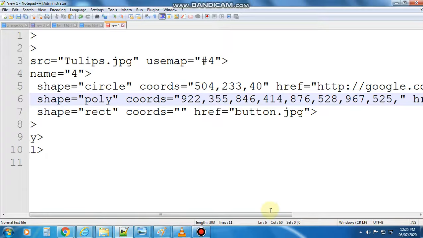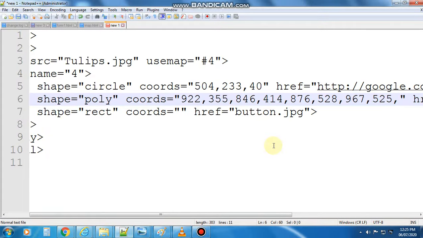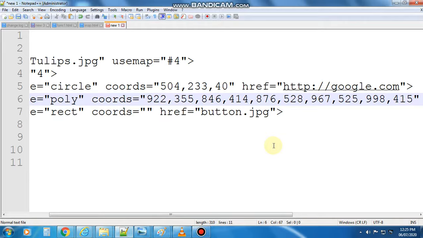You can see that this is just rough work. I am noting down the coordinates by opening it in Paintbrush. It looks quite lengthy, but it is very easy. When you do it, you will find that.